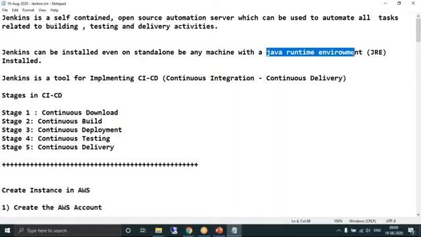Jenkins is called a CI/CD tool because Jenkins is used to implement CI/CD. The abbreviation CI/CD stands for continuous integration and continuous delivery. Continuous integration and continuous delivery is a 5-step process, 5 stages. Your Jenkins should do all these 5 stages. Stage 1, continuous download.